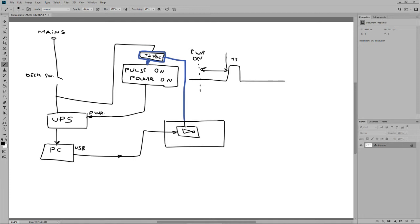Hold on, this is getting, but no. I'm not sure. As I said, I haven't done any kind of research. I'm not sure if you can trigger the 555 again, even if I have the power on here. That would be awesome, because I would just need this inverter, and when the power goes zero from the PC, when it shuts off, I will get a 1 here, and